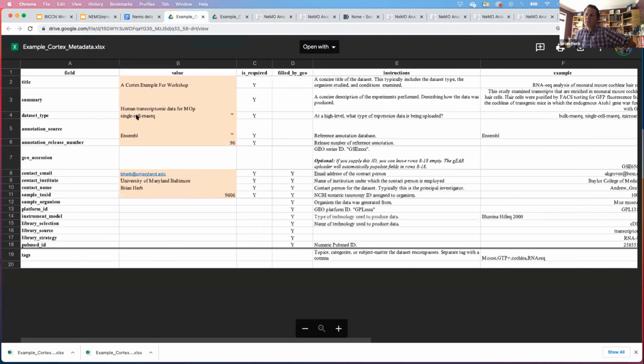There's a certain set vocabulary of different types of data set that you can use. And then this is the only real tricky part of this. In order to keep the genes straight on NEMO Analytics, we actually link them back to the Ensembl ID. So we try and make everything unique. The difficulty is a lot of times you may have different isoforms for the same gene, and within your data set, there may be multiple entries for like SOX2 just based on all those different isoforms. In order for our platform to work, it has to be uniquely tied to a single Ensembl ID.